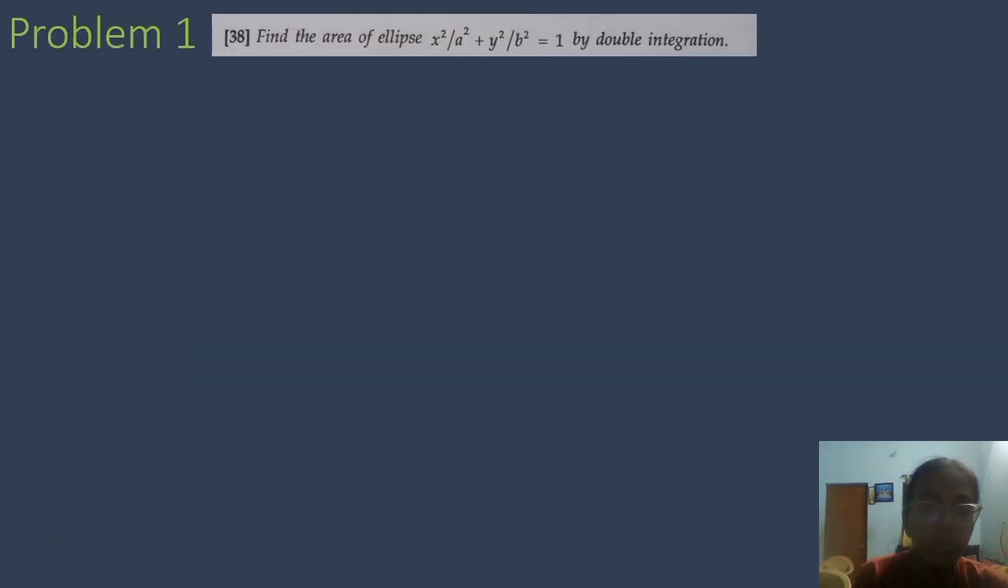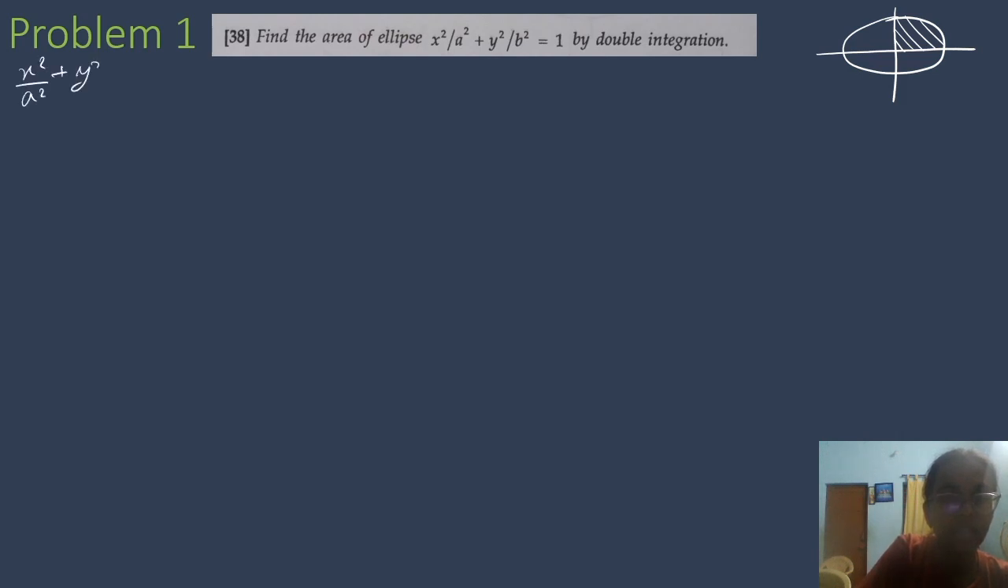Now I shall solve a problem to find the area enclosed by an ellipse by double integration. First, let us draw a rough diagram. Here we have an ellipse. To find the area of the whole ellipse, we can multiply the area enclosed by the ellipse in the first quadrant by 4. The equation of the ellipse is x square by a square plus y square by b